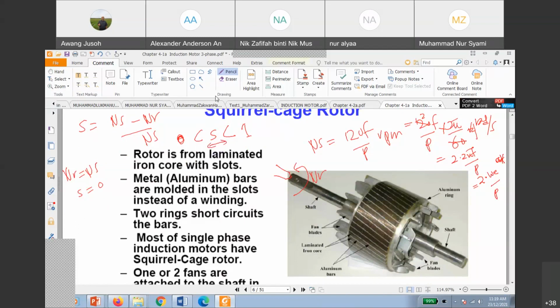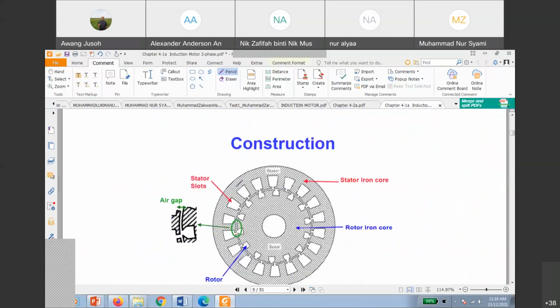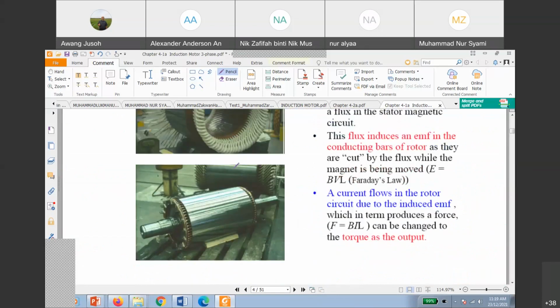In between, it depends. But normally our slip is very small. To get high efficiency, normally the operating slip is very small, maybe 2% or 3% like that. And that is the condition to get very good efficiency for the motor. Okay, I think that's clear.